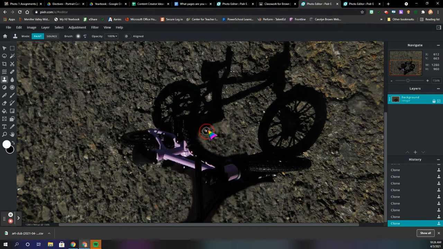So now I'm going to try it again, and I'm going to come in here with my clone tool and get a little bit closer so I don't have quite as harsh an edge as I did before. I'm going to press shift. I'm going to choose an area down here now. So now when I'm cloning, you'll see that my cursor